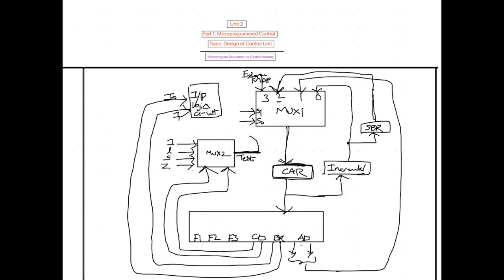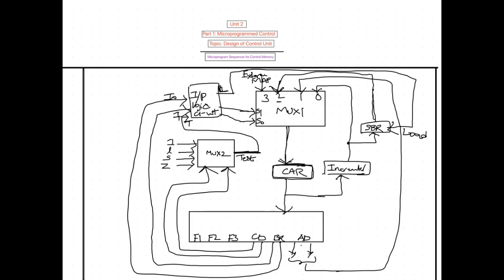Now this test variable is also given as input to this input logic. Now this input logic circuit gives outputs. S0 is one output, S1 is one output, and L is another output. This L enables the load input in SBR, the load input of SBR.